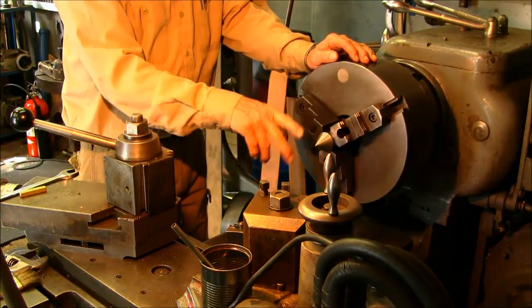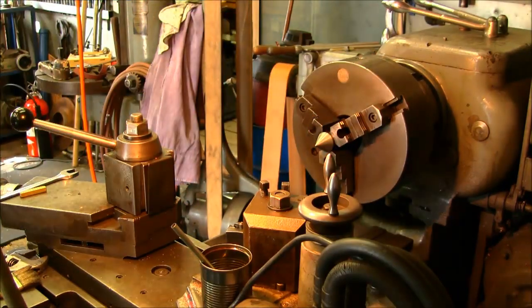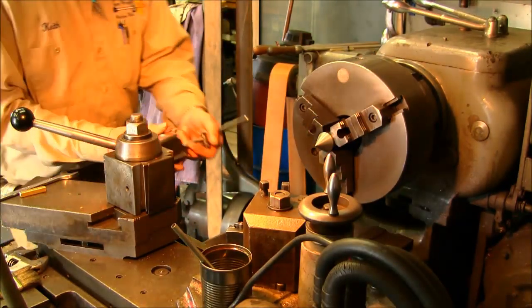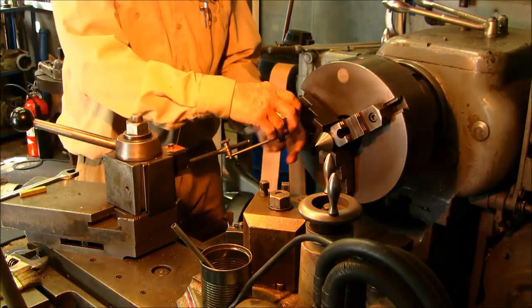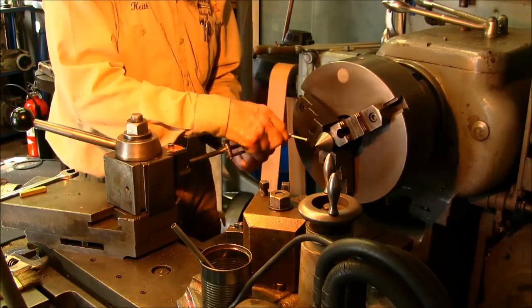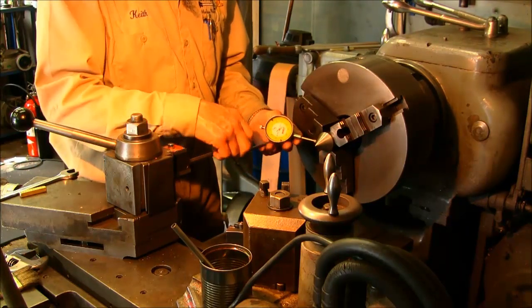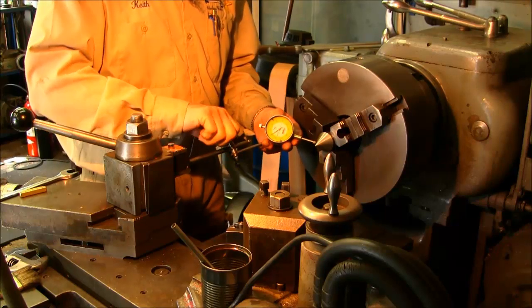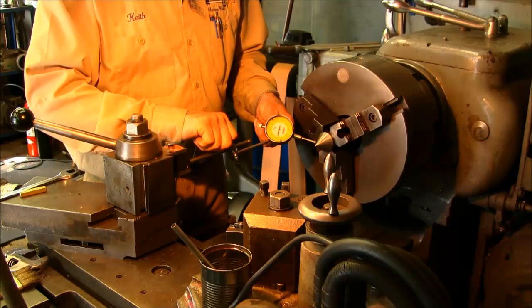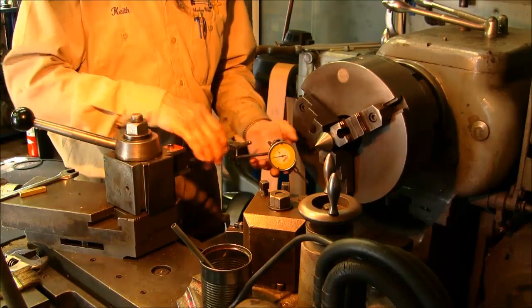Alright, now that we've chucked it, I'm going to grab an indicator real quick just to show you. You will always have run out on this because it's not the same any time you chuck on it. And I know that my 3-jaw has some run out. So watch this thing make me a liar, but